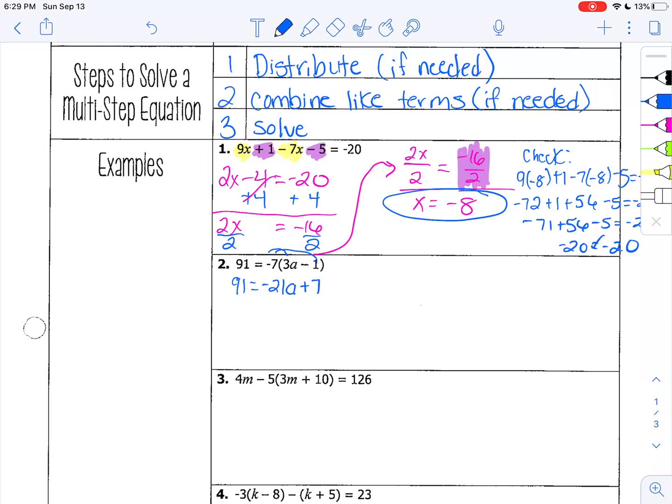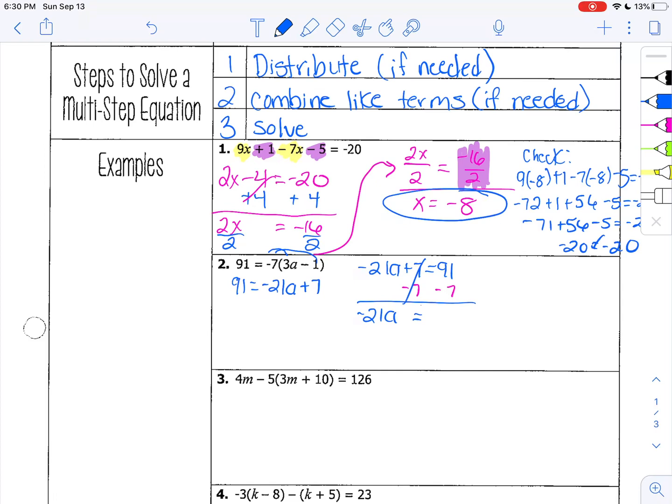Now, when it's like this, we can solve it the way it is, but a lot of times for students, it's a lot easier to see that variable on the left. So if you want to rewrite your equation as negative 21a plus 7 equals 91, you can. Because you're switching the whole equation, you're just flipping the left and right side, you do not have to change any signs. Once it's written this way, a lot of times it's easier for students to see that addition and subtraction first. So instead of plus 7, we're going to subtract 7 from both sides,